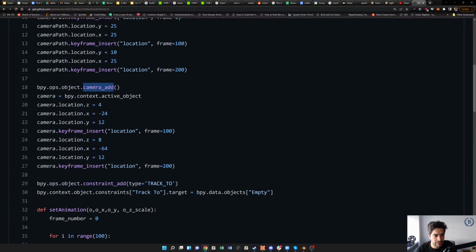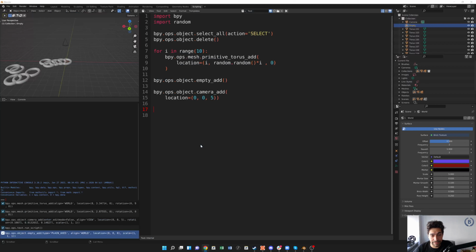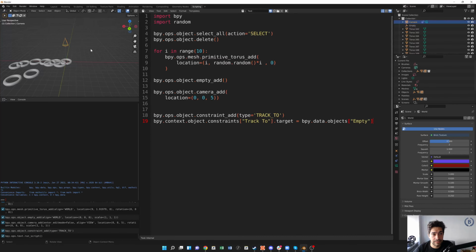camera. So it's critical that we added our camera, so our context, the object that we're talking about, is the one that we most recently added. So this line needs to come after you've added the camera. You can't add anything else in between. But this is going to say I want to add a tracking to constraint on my camera, and I want it to track to this empty object that I created up here. So all I have to do is paste this in, and if I hit play, now you can see